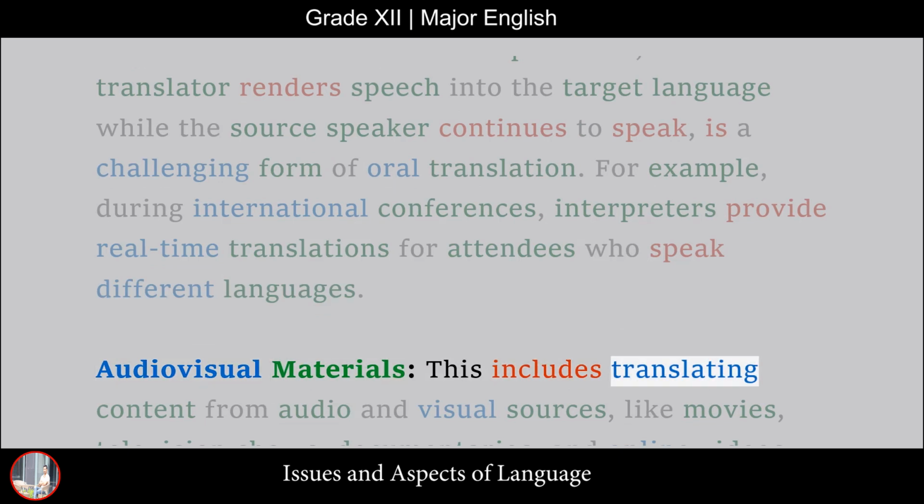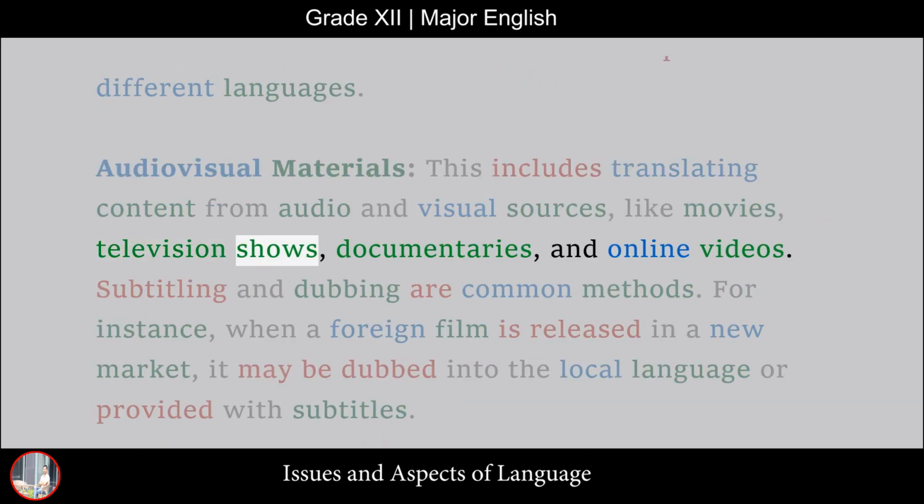Audiovisual materials: this includes translating content from audio and visual sources, like movies, television shows, documentaries, and online videos. Subtitling and dubbing are common methods. For instance, when a foreign film is released in a new market, it may be dubbed into the local language